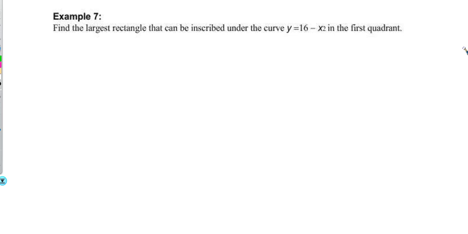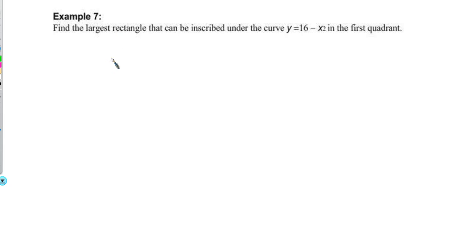Your job is going to be to finish the problems out and actually find the maxes or the mins. Because what I want to concentrate on is how to set the problem up. Once you set the problem up, it should be fairly straightforward to apply your 3 options, your 3 methods for finding the global extrema. All right, so let's take a look at example 7 and start working through reading it